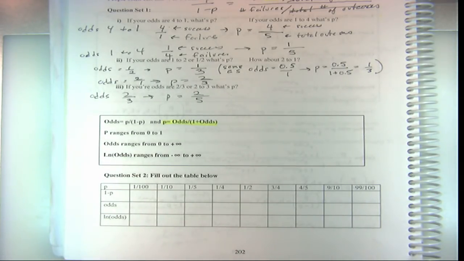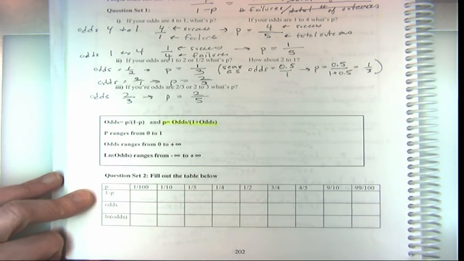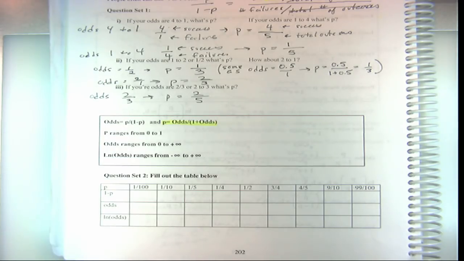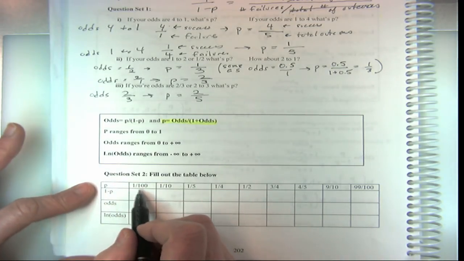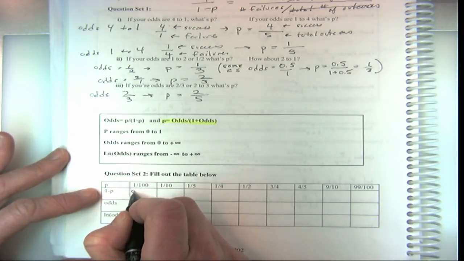And let's just go through this. So this will help you understand it. After you do it for a while, it's just muscle memory. It's very easy. Okay, so if your probability is 1 over 100, then 1 minus p is going to be